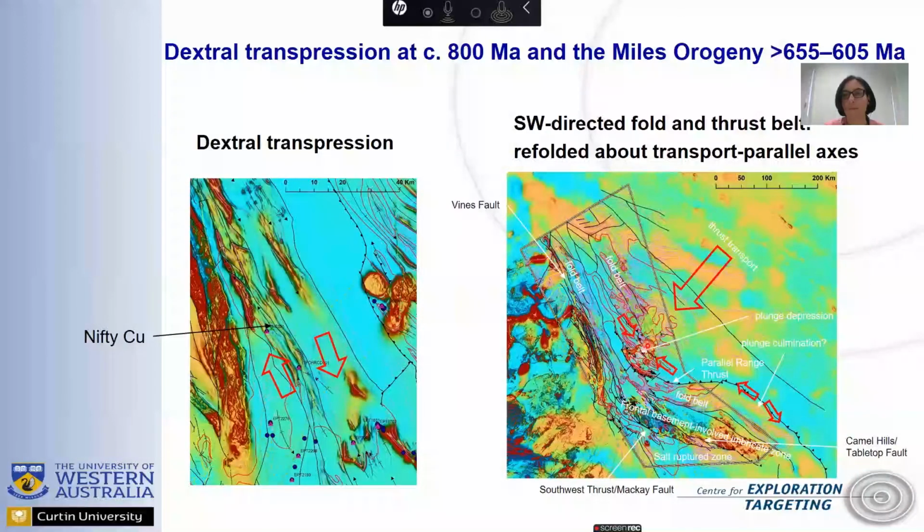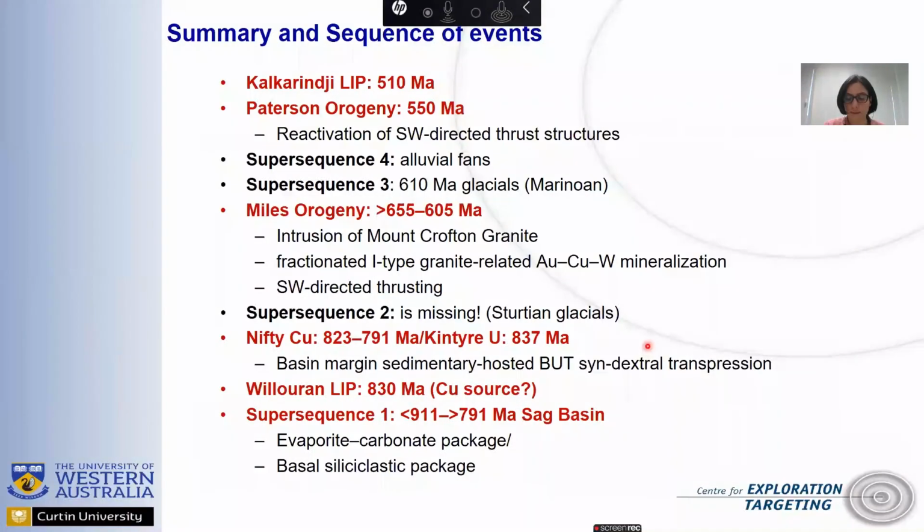it caused intrusion of the Mount Crafton granite and copper and gold mineralization. If I wanted to summarize the events, we consider firstly we have a supersequence one as